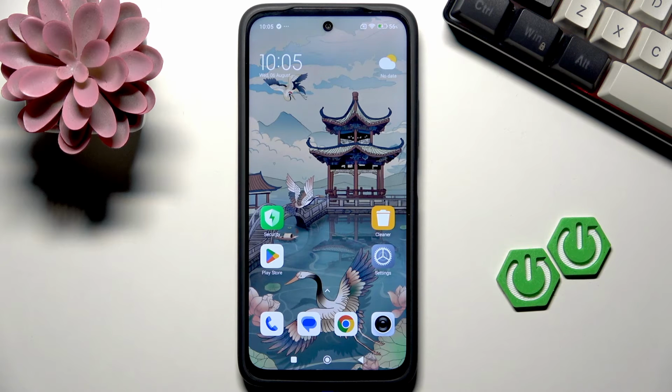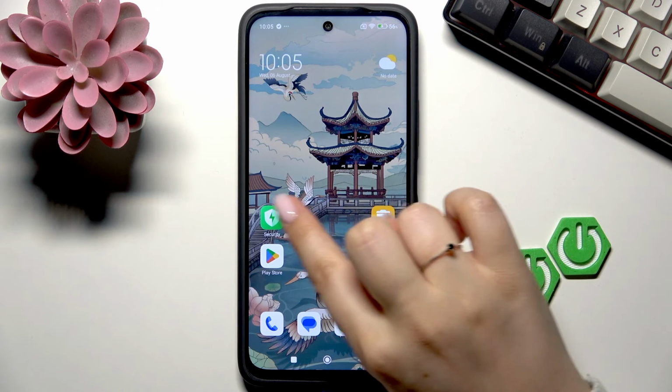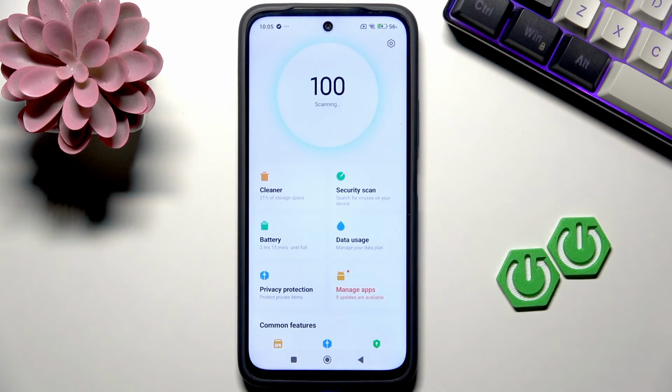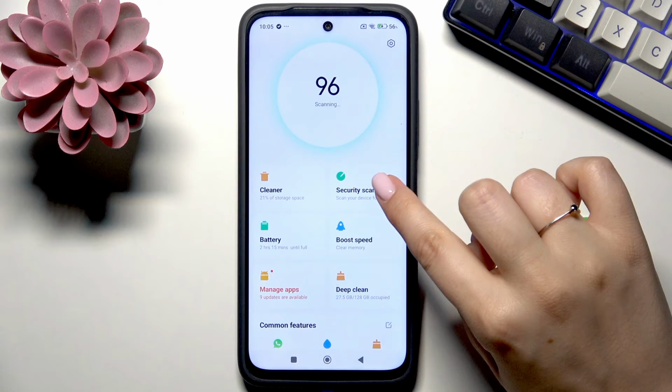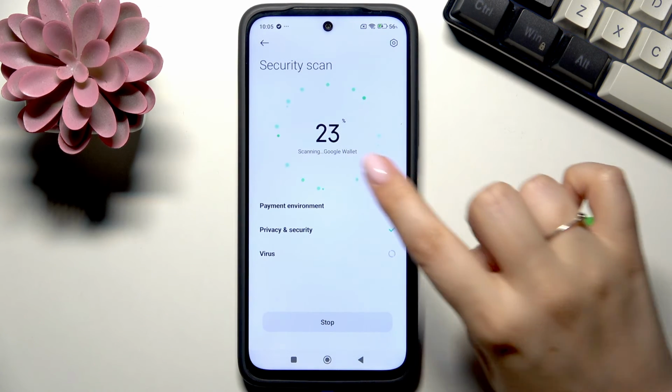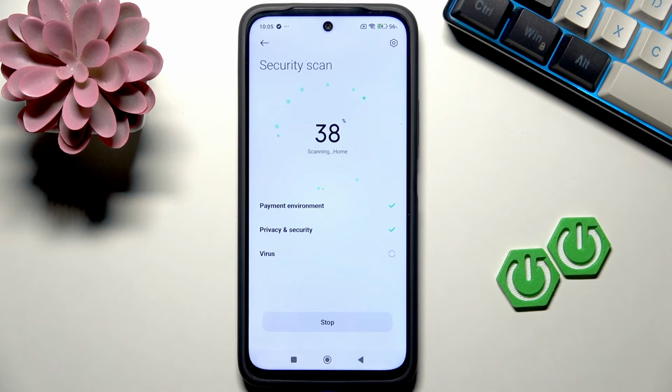So fortunately we've got a special app which is pre-installed on this device, and what I mean is the security app. So just find it and tap on it. And here we've got the section security scan, so let's tap. Give the permissions, and now your device will basically scan itself in order to find any kind of malware or